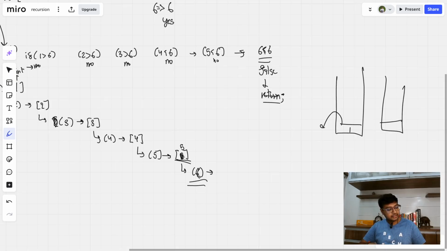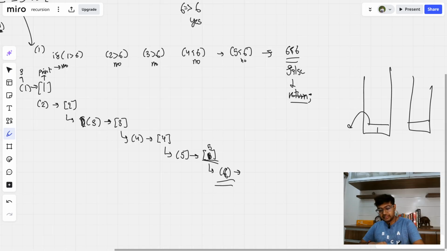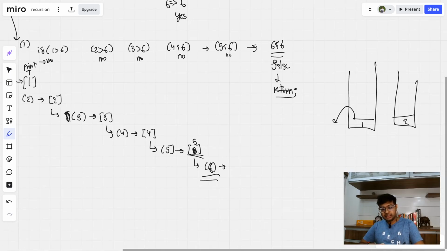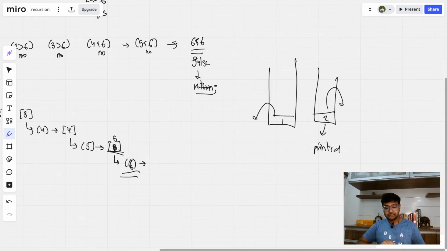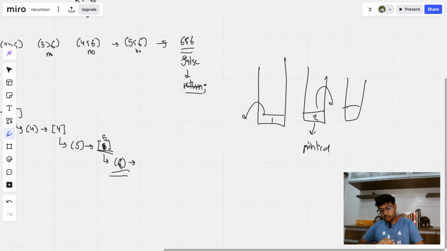Then we reach 2. 2 gets inside the stack memory, it gets printed, and it gets popped out. We'll be talking about stack later on because it is actually a data structure. Same thing goes with 3, 4, 5,